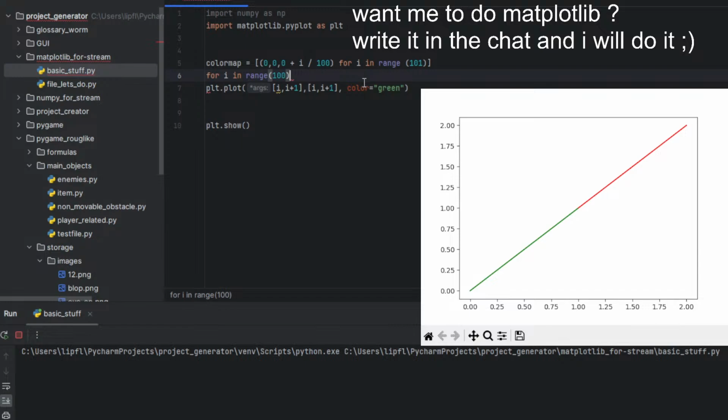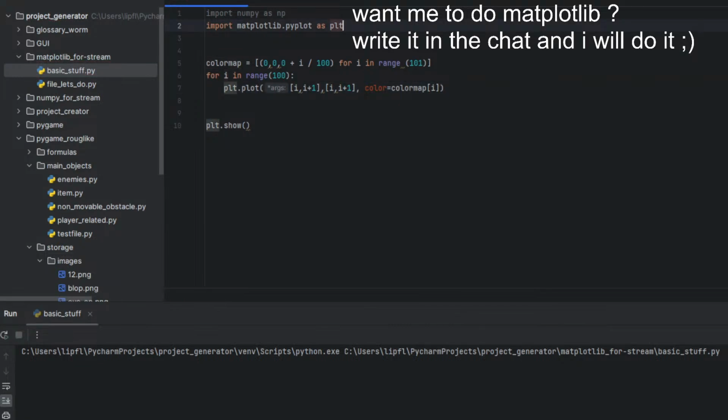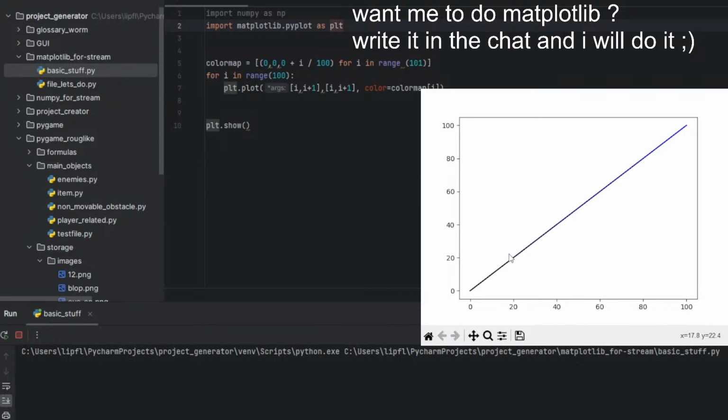Oh, I need a colon and an indentation here. Equals color map i. Now, let me see. Yeah, this is a color map. Perfect.